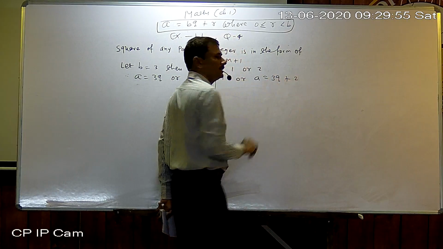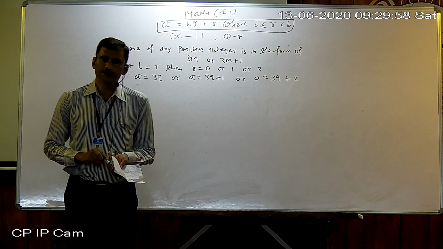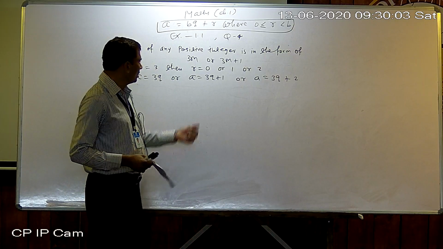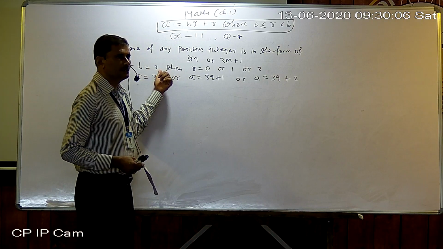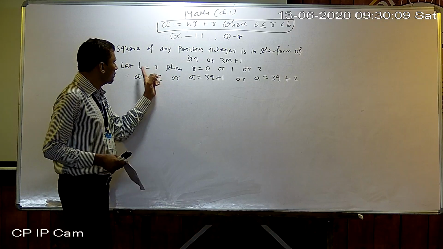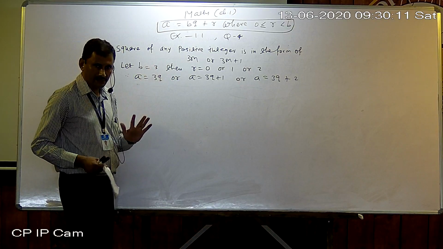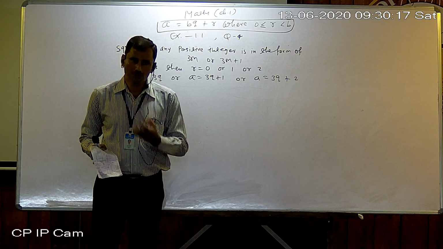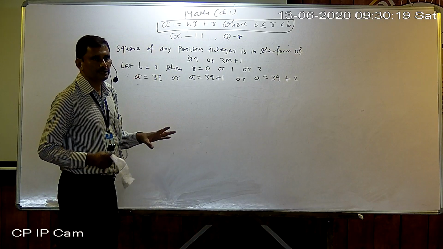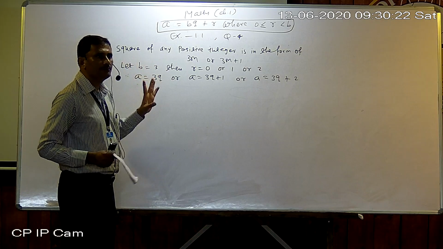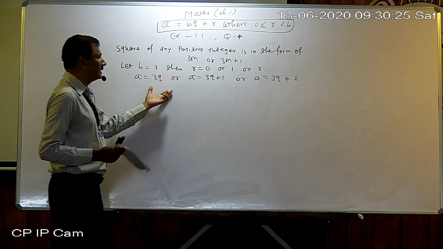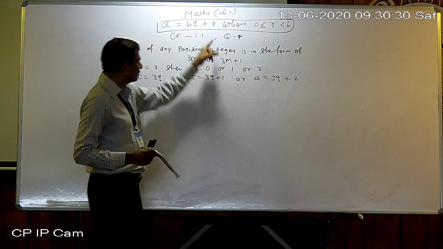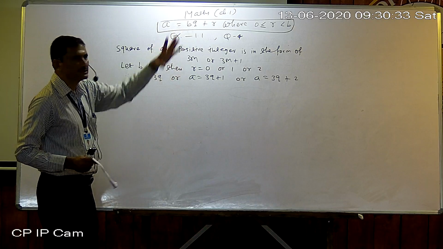Anyway, now one question may arise in your mind: whenever nothing is given, how to decide the value of b? Mostly if nothing is given, you can suppose b as 3. Otherwise, some hint we can obtain from the question also. Even then, if nothing is clear, at that time you can take the value of b as 3. Now it is clearly given. So a equal to 3q, 3q plus 1, 3q plus 2, you know very well, using this statement.